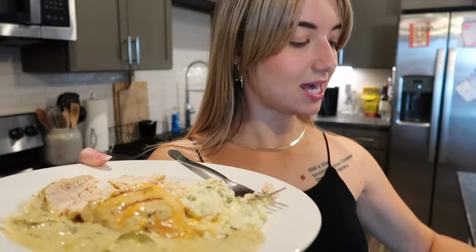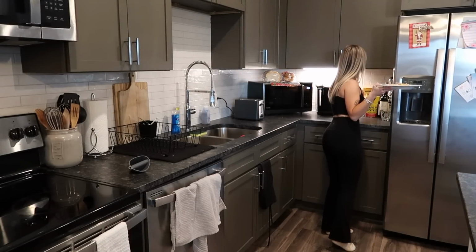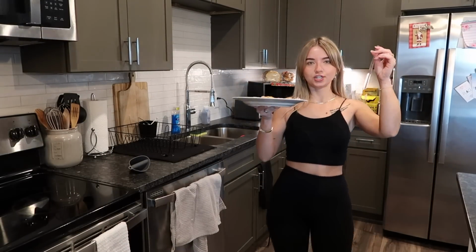I also have some LaCroix in my little wine glass. It's just the LaCroix Pure. I like the unflavored kind just because it's a little bit more, I don't know, it's just simple. Let me put a straw. Gotta have a straw in my drink because I like to drink with a straw. Okay,